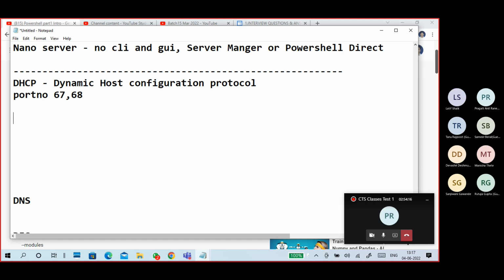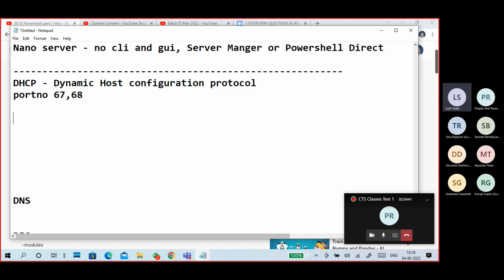When it is sending, it uses 68. So server side and client side: client sends with 67, receives with 68. Server listens to 67 and speaks with 68. Okay, so that is it.